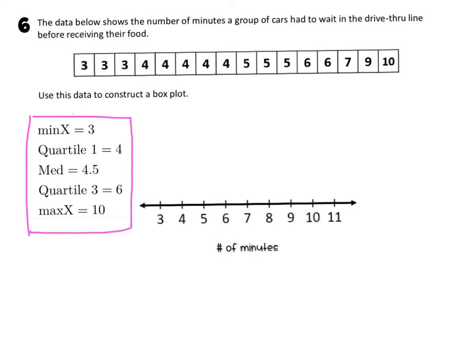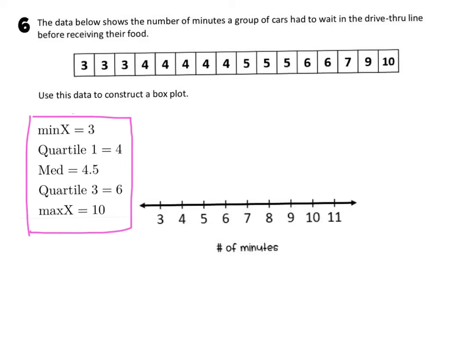Now what I'm going to do is basically plot above the line all of these points that have been given. Before I was just listing what they were. They have already drawn a number line for you, which is really nice. It makes it easier. Sometimes you have to draw your own, but for now we're just going to not worry about that. So every number that I have in this list, I'm going to plot a dot